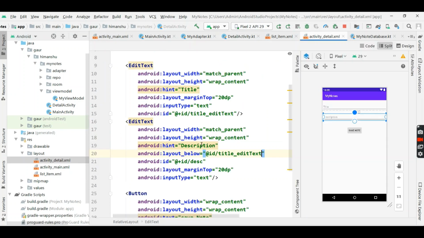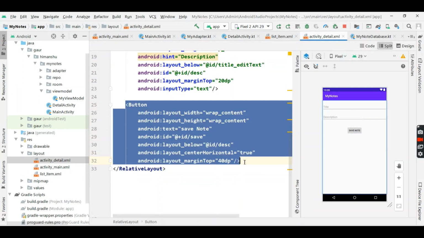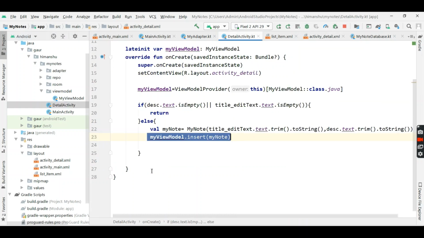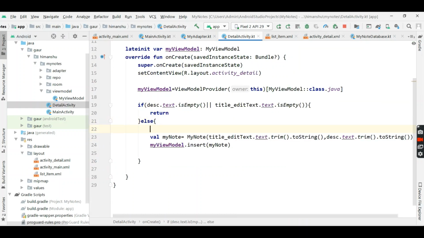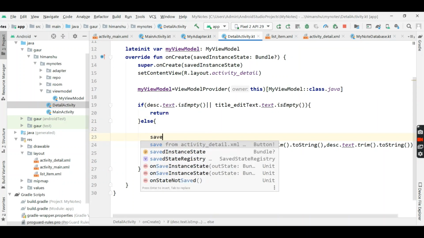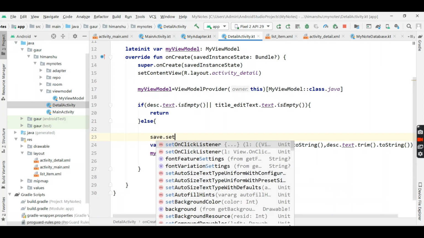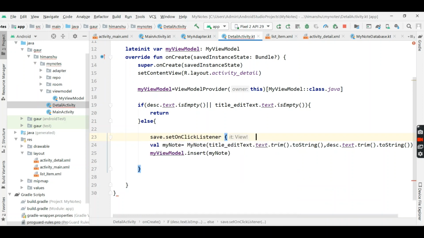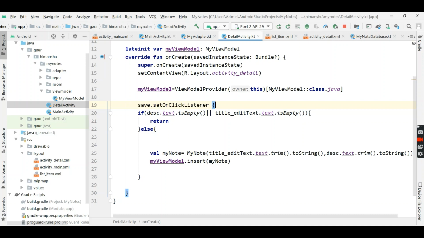You will see we have a button here, that's why. So put this in our button. So set on click listener, actually not only this, we can put all the things in our set on click listener.